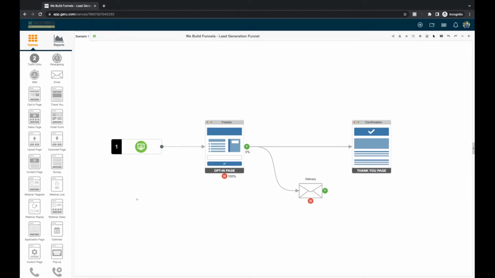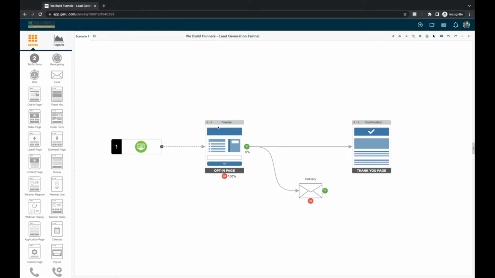It could be paid, it could be organic or free, but everybody is going to go to your main opt-in or landing page. It's also called the squeeze page. It has different names, but it's the same thing. You want people to get here and they will claim whatever you are giving away for free. Could be a PDF, like an ebook or a checklist or whatever the case may be.